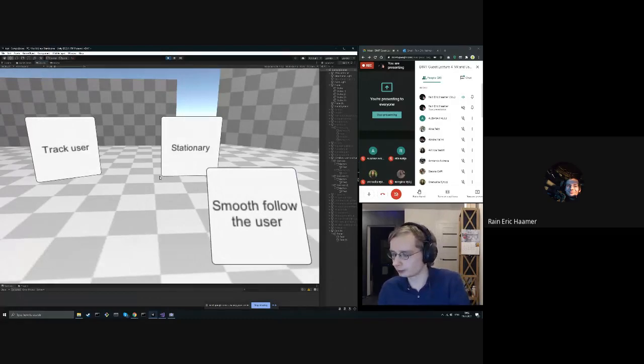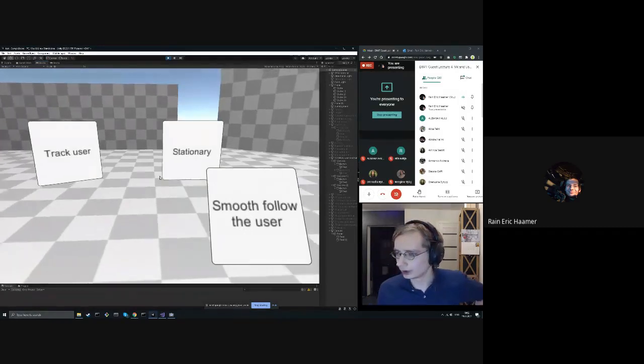I got a question here. Does the smoothness depend on the monitor? Was it? The smoothness here,